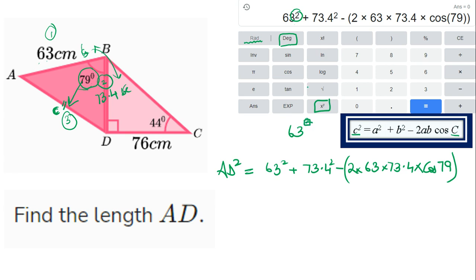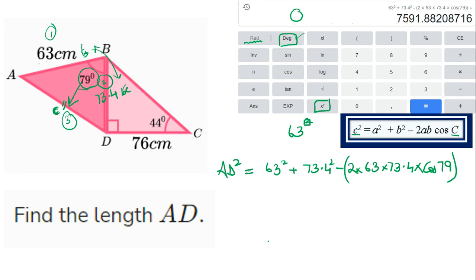So 63 squared plus 73.4 squared minus, and then again, as I told you already, you've got to put stuff in brackets. So when you're doing it on your calculator, even then, you've got to be putting it in the brackets just so that you don't mess up and end up with wrong calculations. So 2 times 63 times 73.4 times cos 79. Again, do not forget to put it as degrees, otherwise your answer is going to be wrong. Now, once you solve all of that, you will get something like this: